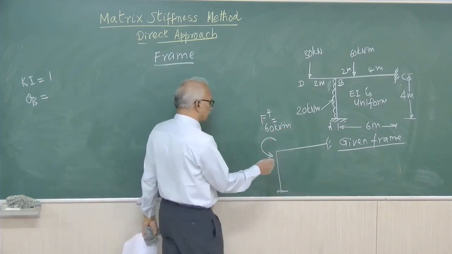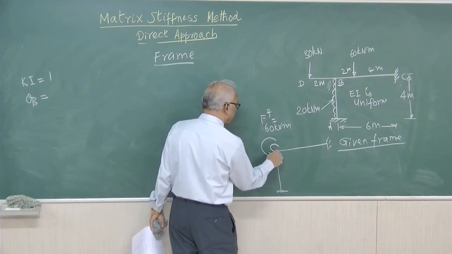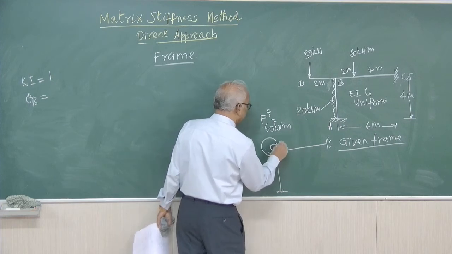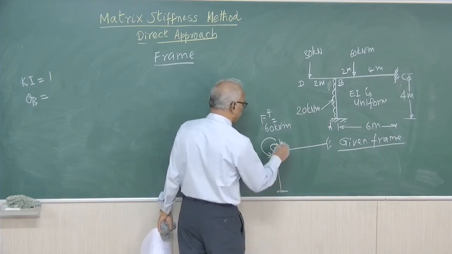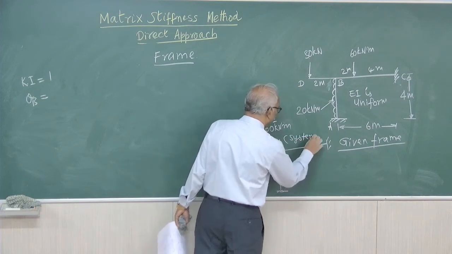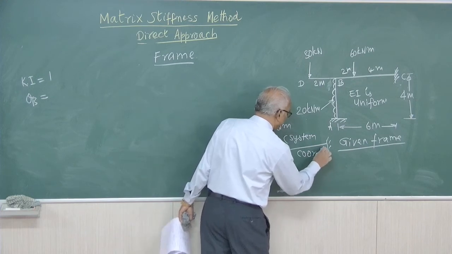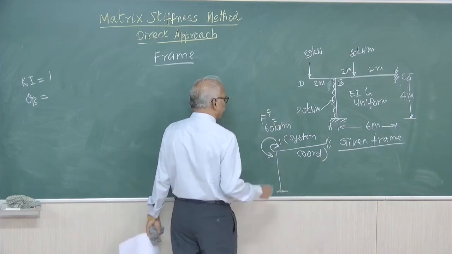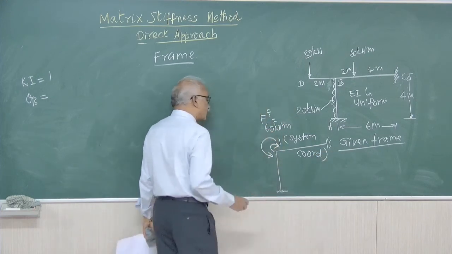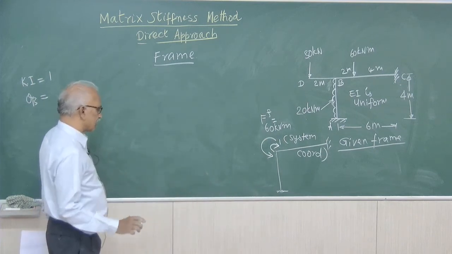Plus we have other values. So this is our system coordinate. One is the system coordinate. This is the external force applied at the system coordinate. Right. Now,